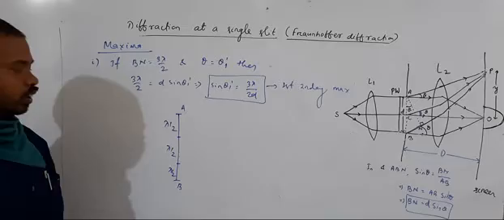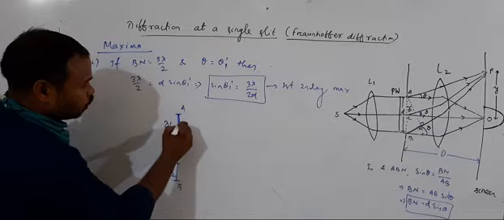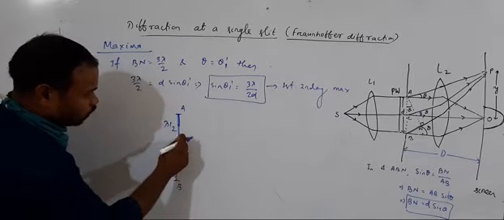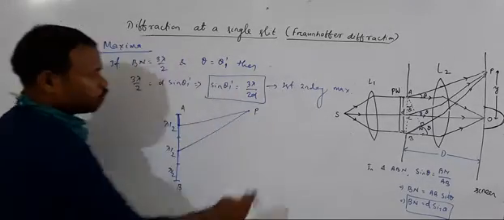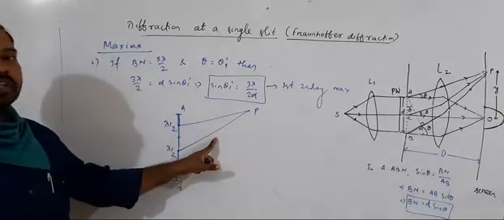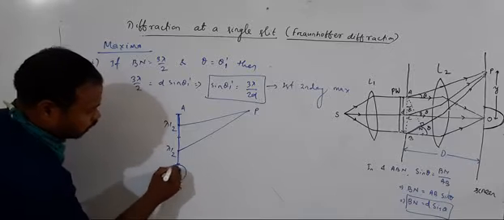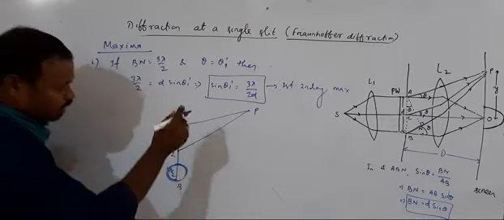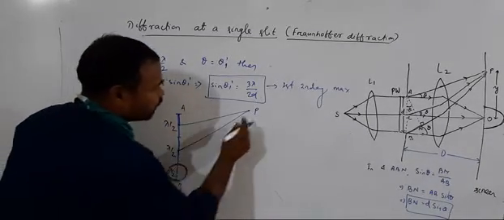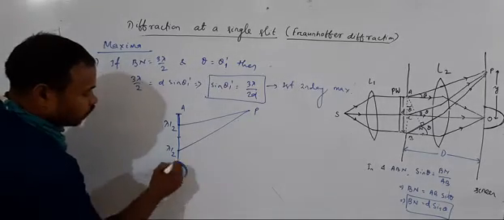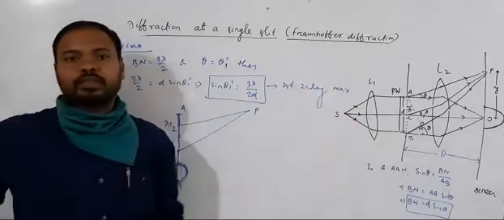Okay, so this shows what? There is a point in the upper half of the lambda by 2 and there must be a corresponding point in the next half, so that light from these 2 points can reach point P with a path difference of lambda by 2. So they produce minima. But for the last lambda by 2, there is no other part to produce destructive interference. That means this part only is there to produce maxima here. So that's why it is called first secondary maxima.